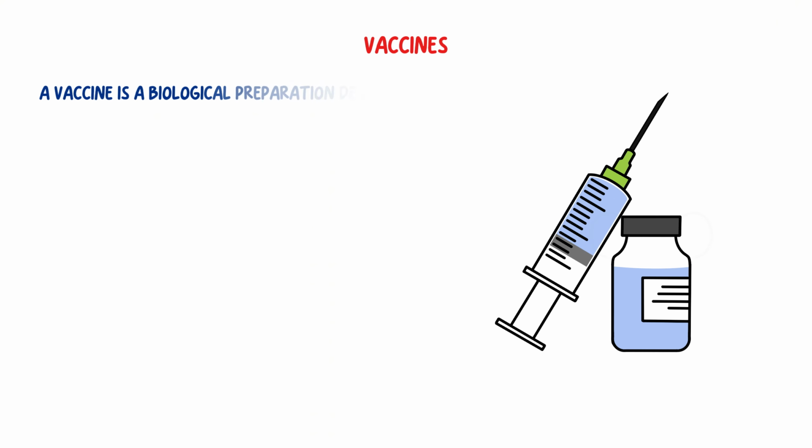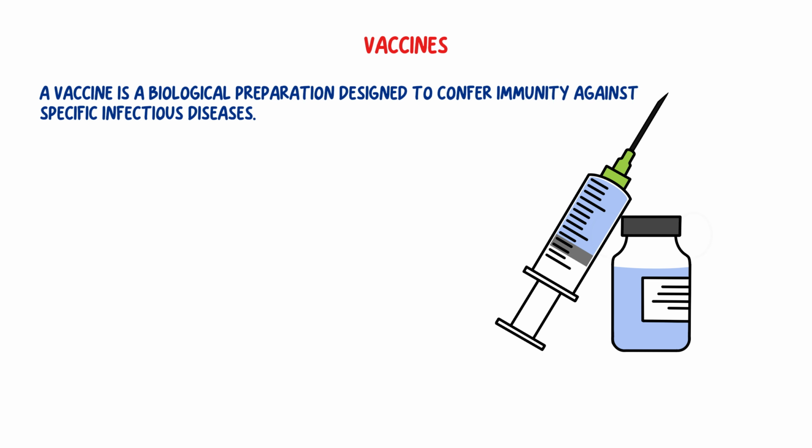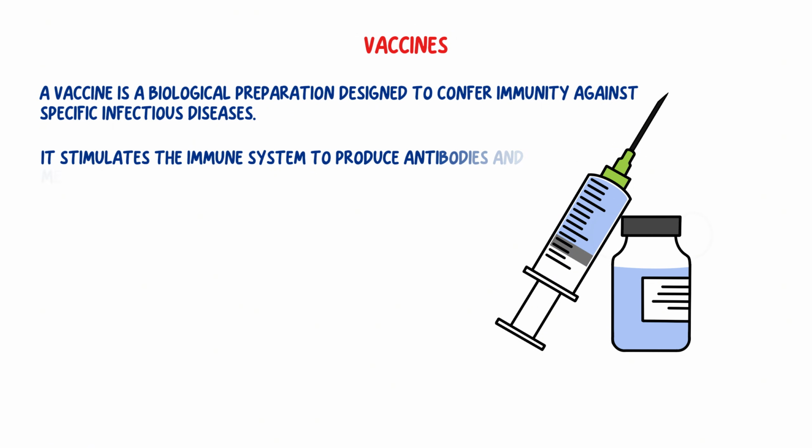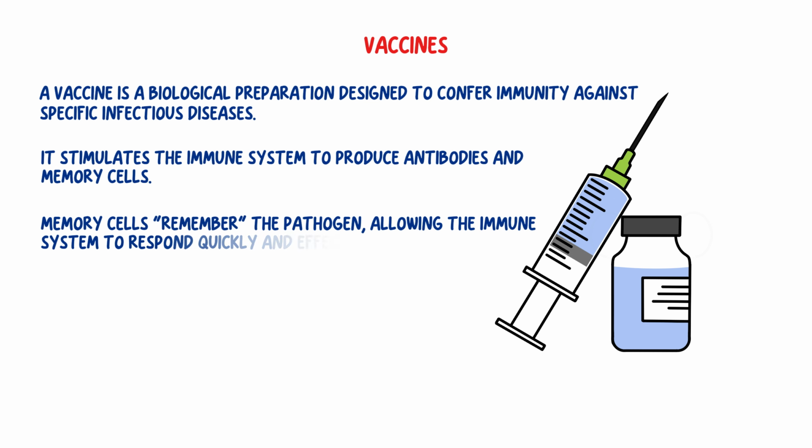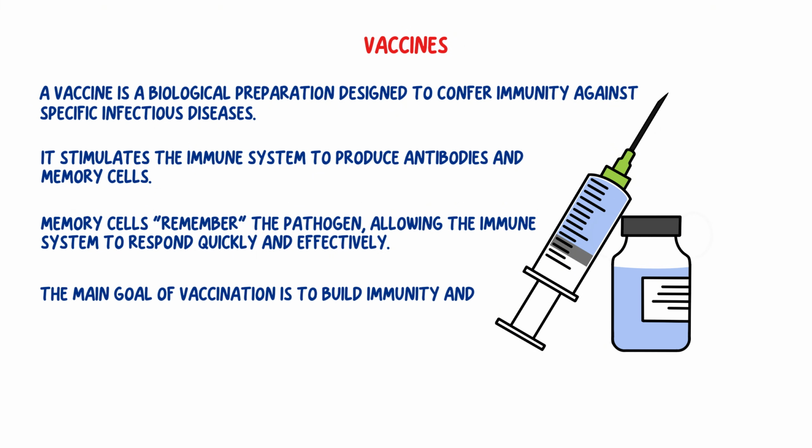A vaccine is a biological preparation designed to confer immunity or protection against specific infectious diseases. It works by triggering the immune system to produce antibodies and create memory cells. These memory cells remember the pathogen, allowing the immune system to respond quickly and effectively if the person is exposed to the pathogen again. The main goal of vaccination is to build immunity and prevent disease without actually causing the